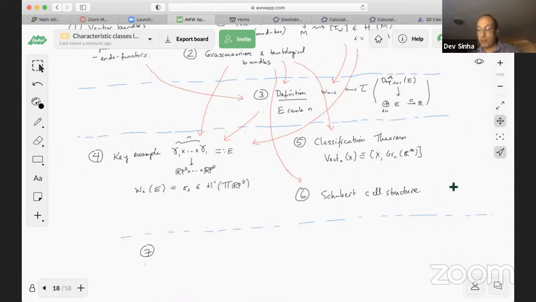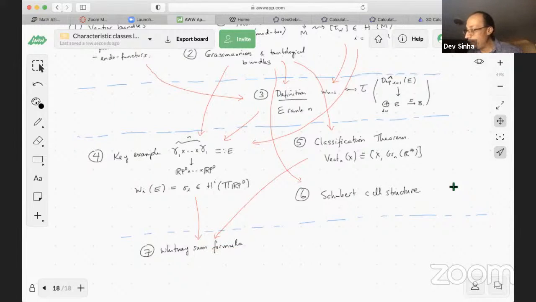Starting to run out of room, but the proof that we used definitely uses all 3 of the things above. Well, actually, no, we didn't need Schubert cells. We just need the classification theorem, which allows us to just consider the universal bundle in order to prove a direct sum of universal bundles. And then this key example, actually,